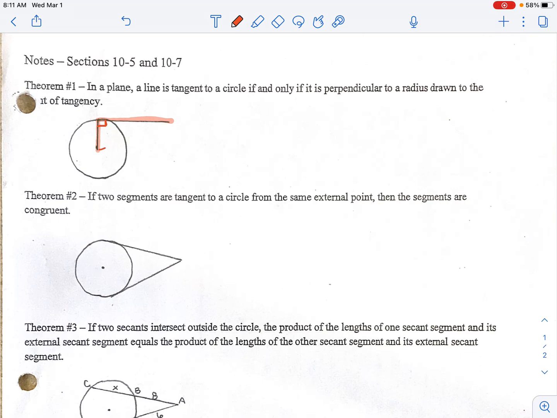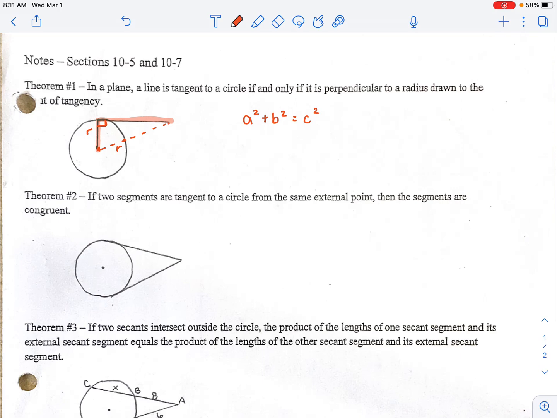A lot of the times, too, there'll be an extra line drawn from here to here. Again, this is your radius. This little part from the center to here is also your radius. Oftentimes, when you see a picture like this, it's going to be a right triangle, which means we can involve Pythagorean theorem to solve,